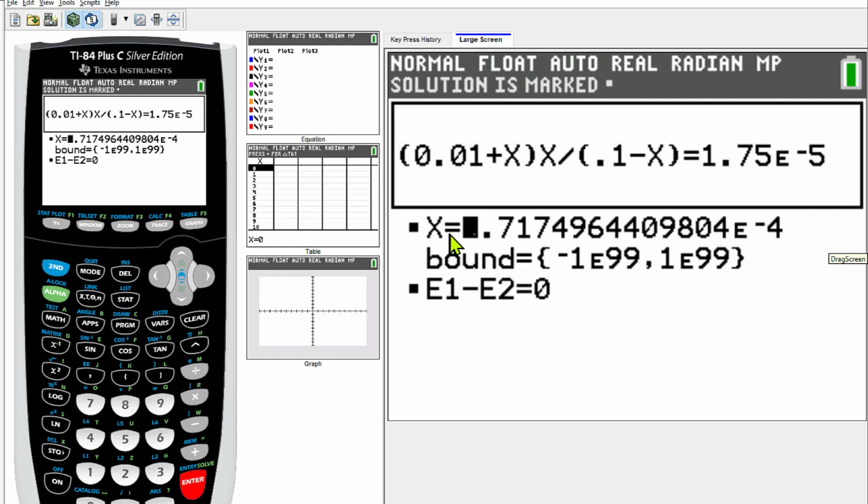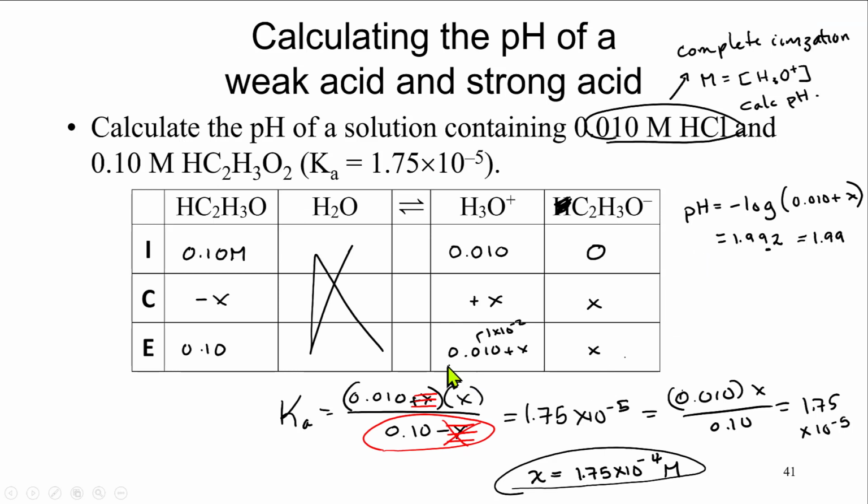So x, it turns out to be, if you use a solver, you can get an x value of 1.717 times 10 to the minus 4, instead of 1.75. So it's only different in this third place here. Now, when I calculate the pH for this, so this is the approximation, and this is the solver, the pH comes out to be